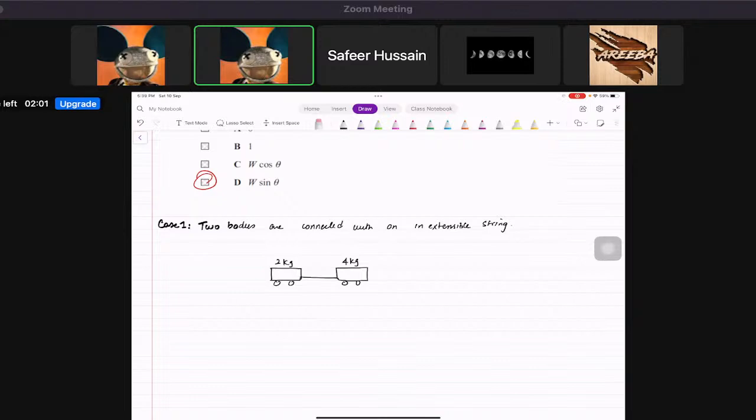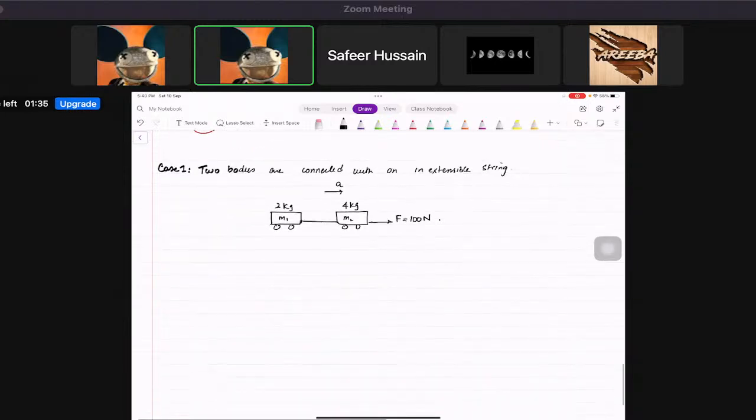So they're basically accelerating this way. Let's call this M1, and let's call this M2. There's a force on them of 100 newtons, and we've got to see this. Now, whenever you see two bodies, whether they're passing over a pulley or just attached to one another with a string or anything, the first step to always solve these questions is that you find